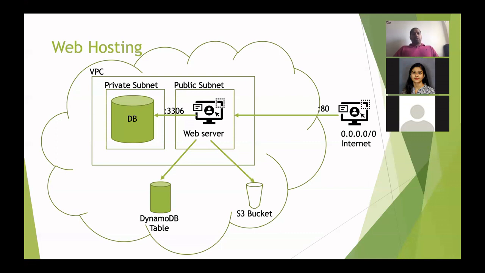But if they are responding with like 500 or 400, then there are issues. So likewise, the load balancer has the capability to check the health of the targets and direct traffic only to the healthy targets. Whatever unhealthy targets, it will not direct traffic to. But currently we are not going to do that, just the simple web server and the database. So let me